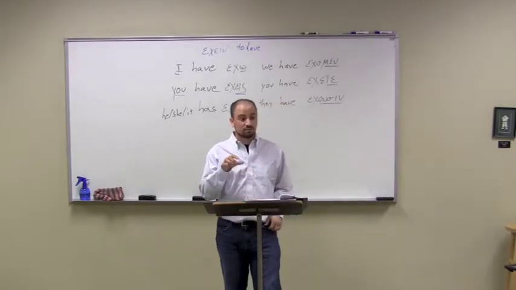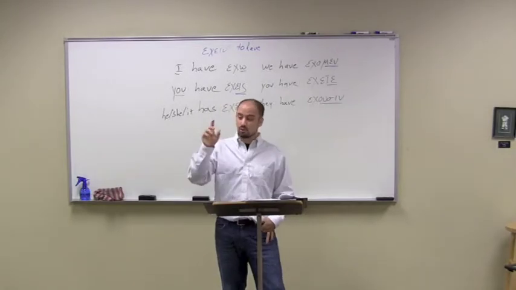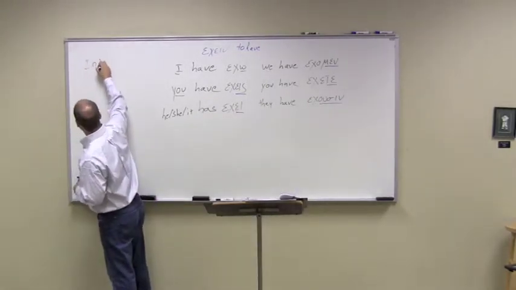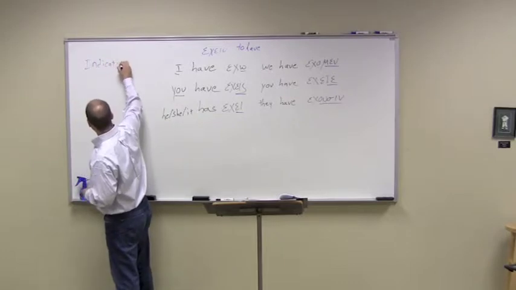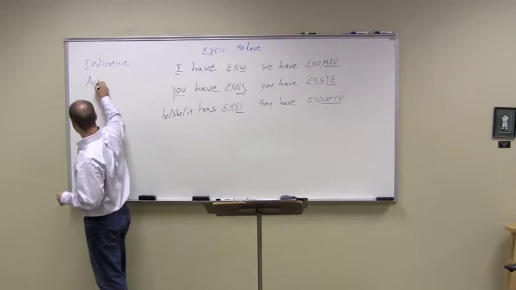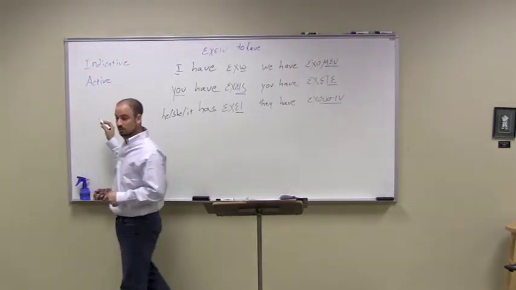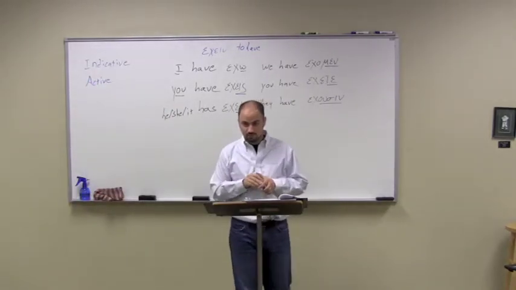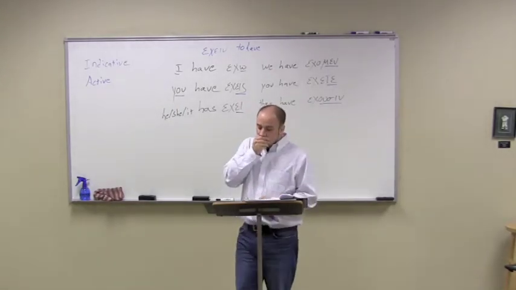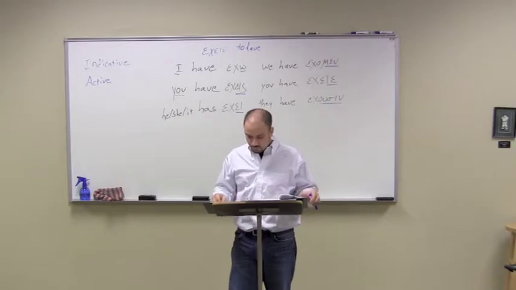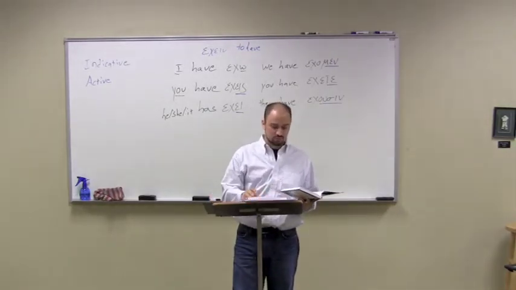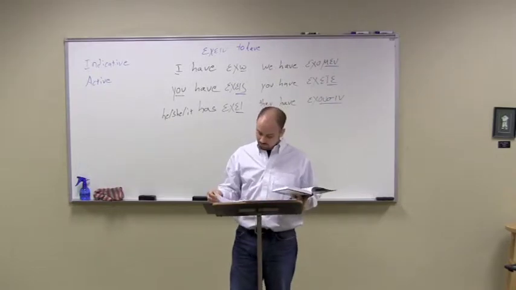In terms of voice, so far we've had the indicative mood that you're going to need to know. You don't need to worry about the other ones right now. We're just giving you an overview. The active voice is the one that's going to be important for us in the coming lesson. You don't have to worry about the others. They'll come with time. So we're doing "see Spot run" kind of stuff, right? Yes. Yep, and you'll be able to do that very soon.